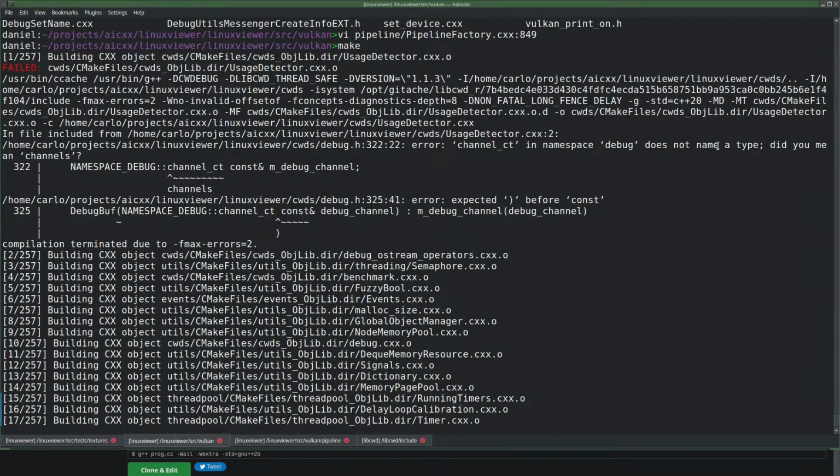It says debug does not name a type. Yeah, okay, and so debug is just debug. Where is channel.ct defined?